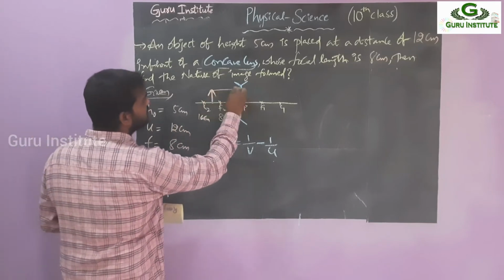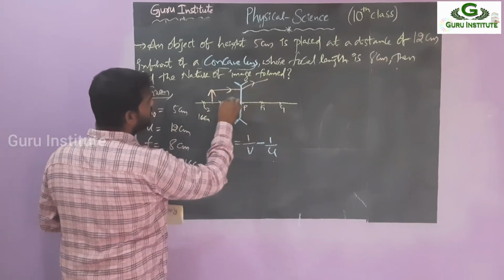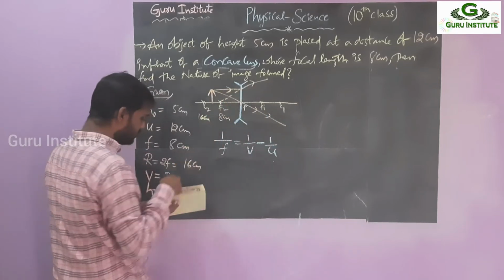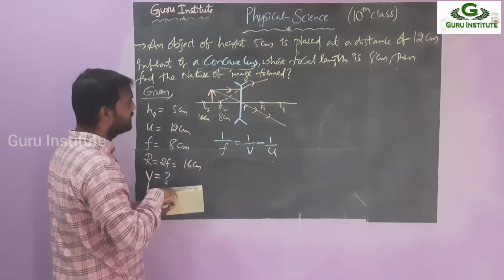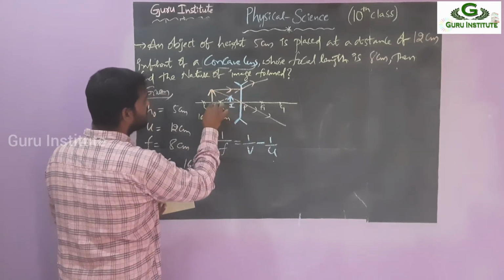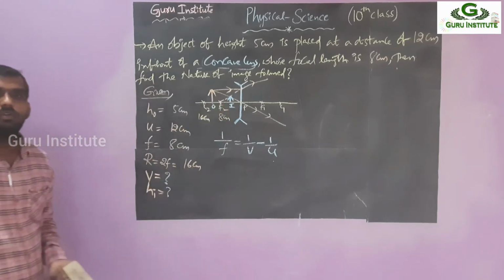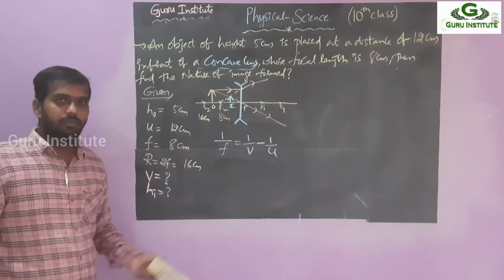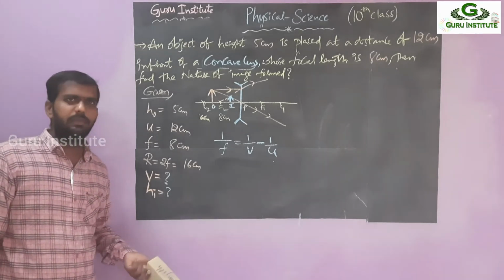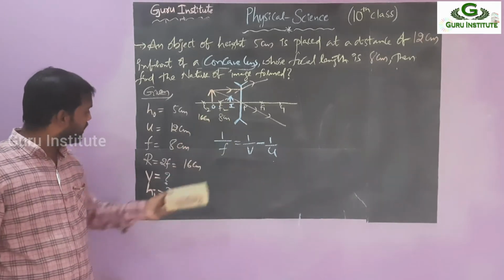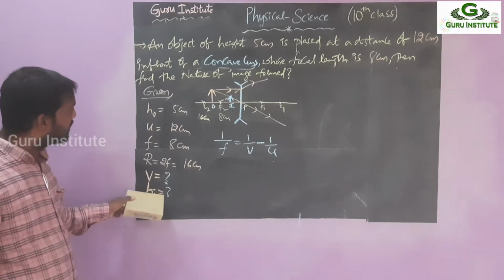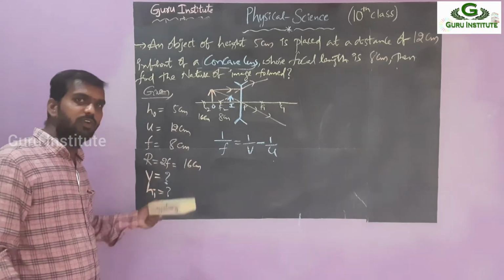So what do you get? This is the incident ray. This is the refracted ray. This is the pole. So where are you getting the image? Here we are getting the image. This one should be the image, and this is the object. From the picture, what can you conclude? Already we know that the image is formed between P and F. That is a diminished one. That is a virtual one, that means erect. Erect means in case of HI, what do you get? Positive. If you get that, it is correct. And the HI value should be below 5. Then your answer is correct.